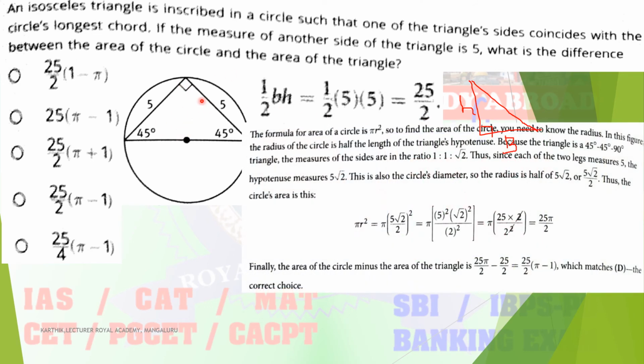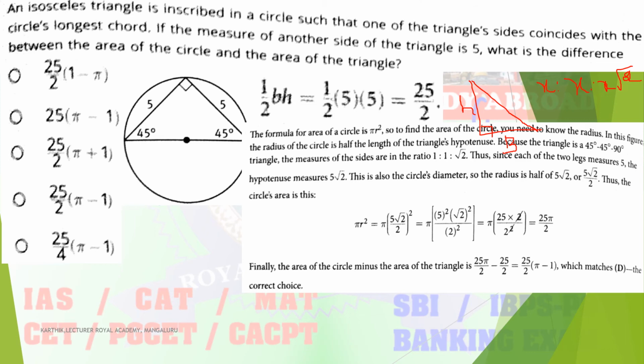Then how to find out the circle area? So what is the circle area? Pi r squared. So how to find r, the radius of the circle? This is nothing but 45, both, this is 90 degrees, so the remaining two sides are equal. From the figure you can observe that the remaining two sides are equal, so it lies like 45 degrees, 45 degrees and 90 degrees. So what is the relationship actually? 45-45-90. So the sides are x, x and x square root of 2, that is the relationship.